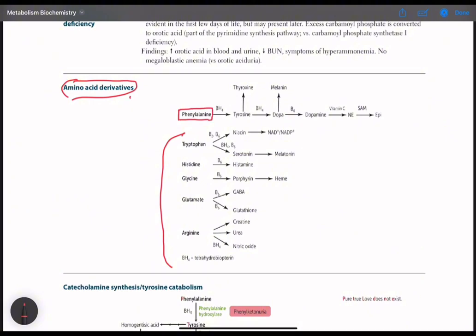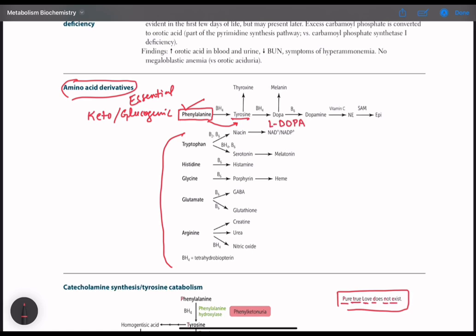It is an essential amino acid and also a ketogenic plus glucogenic type of amino acid. It is metabolized into further amino acids as well as catecholamines. The mnemonic for its metabolism is: pure true love does not exist. P for phenylalanine, true for tyrosine, love is for L-dopa, does for dopamine, not for norepinephrine, and exist